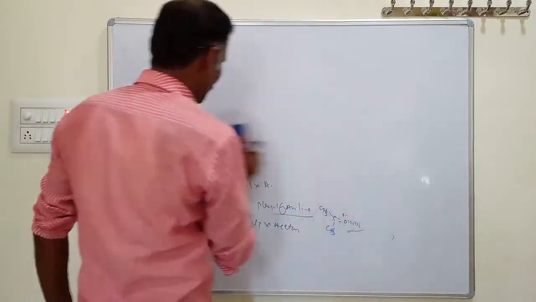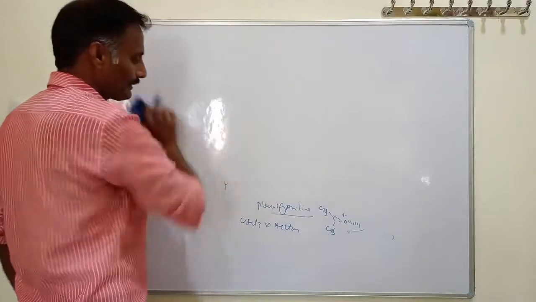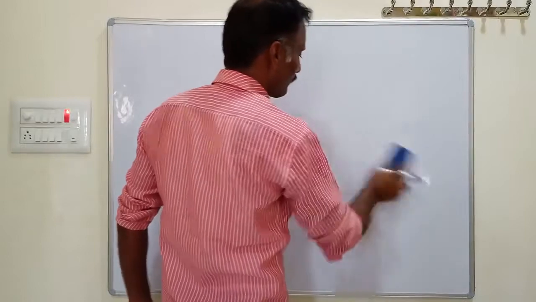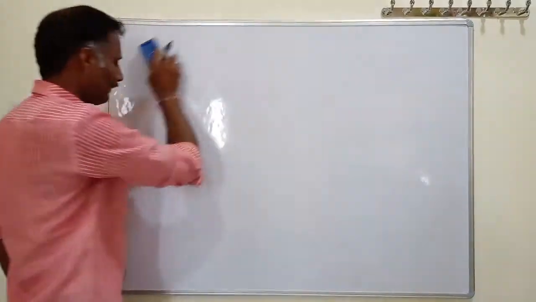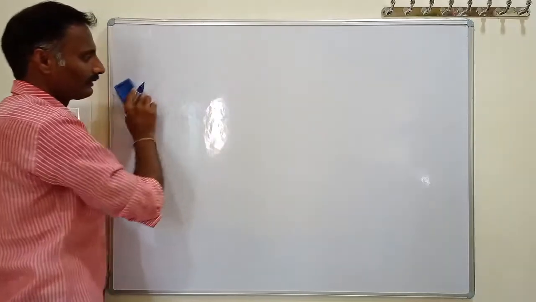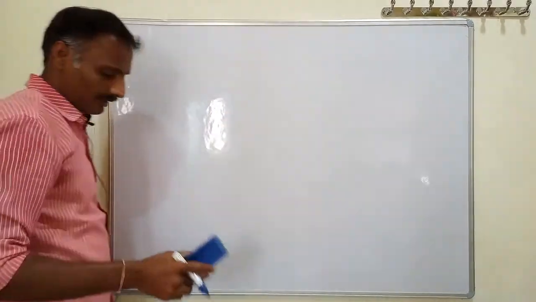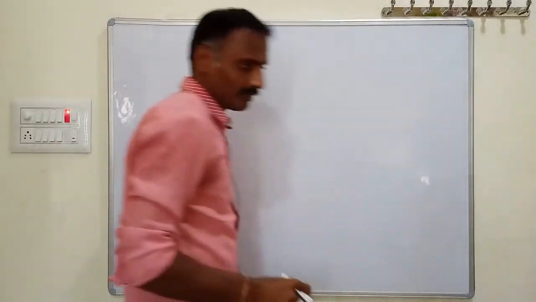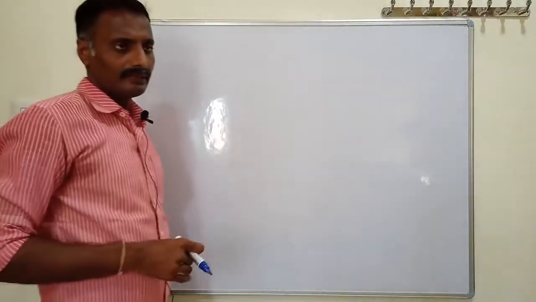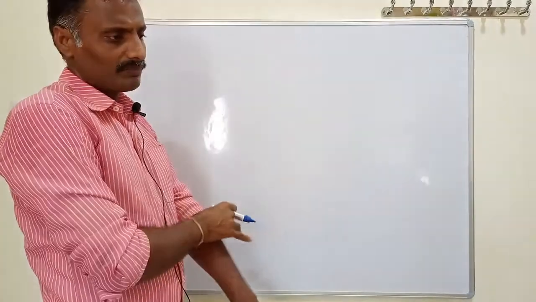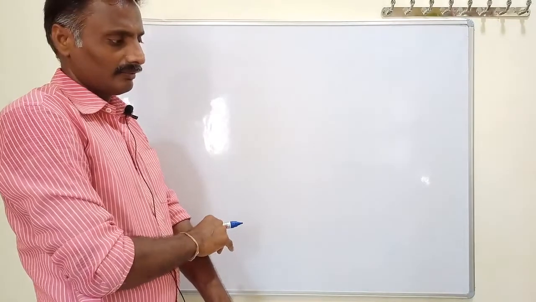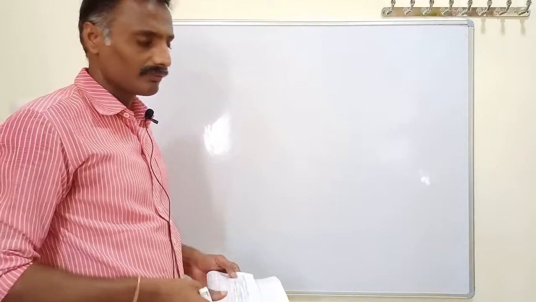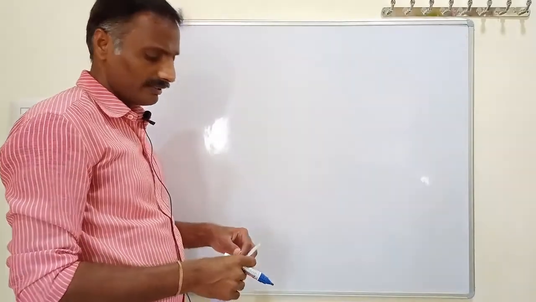I hope you're all understanding these concepts clearly. This is one of the most important concepts regarding ideal and non-ideal solutions. From the exam point of view, this is the most important topic: ideal and non-ideal solutions. In the previous question papers, they asked to write the difference between ideal and non-ideal solutions. This is one of the 3 marks questions. Similarly, they ask what are ideal solutions, give an example, and what are non-ideal solutions, give an example. Or write the difference between a non-ideal solution showing positive deviation and a non-ideal solution showing negative deviation. Like that, they are asking questions based on ideal and non-ideal solutions.